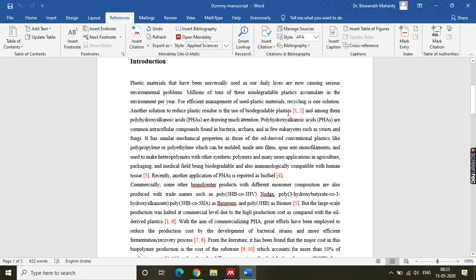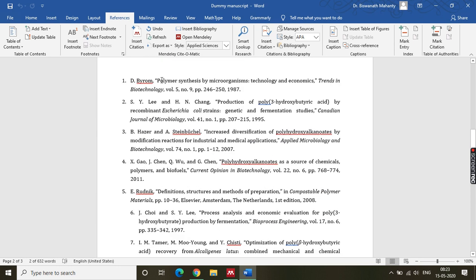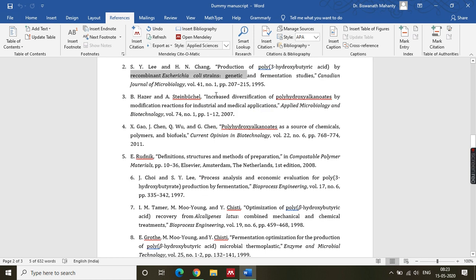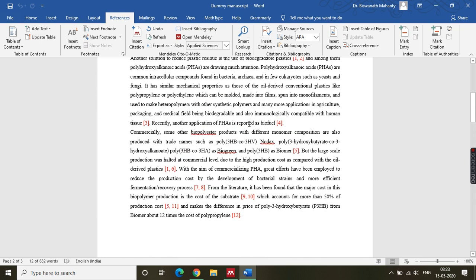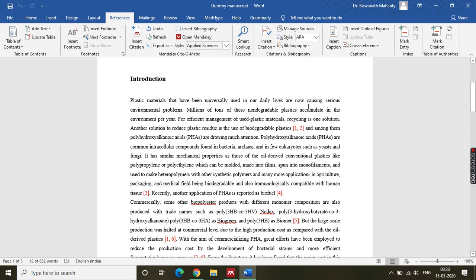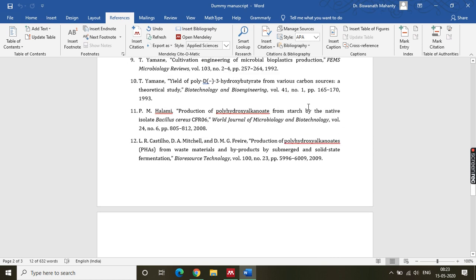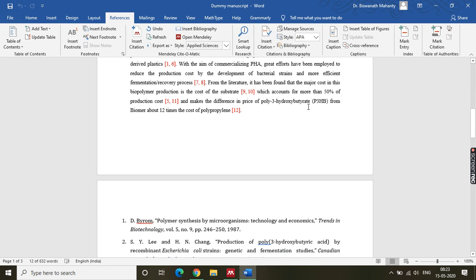I have highlighted 1, 2, 3, 4 because these are simply numbers, just to tag where I want to put a reference. For example, in this position I want to put this particular paper, and this particular paper I want to put here. Similarly, for 3 I want to put that paper, and this paper I want to put in position 3. So just to tag it, I have given this 1, 2, 3, 4, but probably you will not have this 1, 2, 3, 4 finally in your manuscript. Okay, so I have some 10 or 12 papers I want to put in the manuscript through Mendeley.